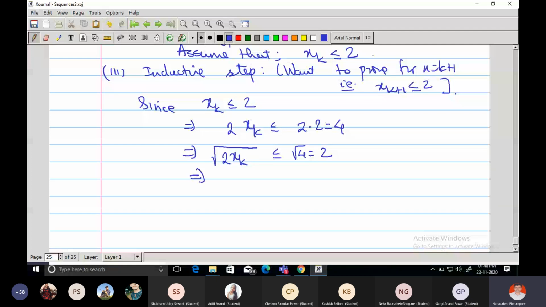If I take the square root of both sides, the inequality remains true. Correct? But ultimately, what is the LHS? xk plus 1. Therefore, xk less than 2 implies xk plus 1 is less than 2. And for n equal to 1, 2, it is already true. So by induction,